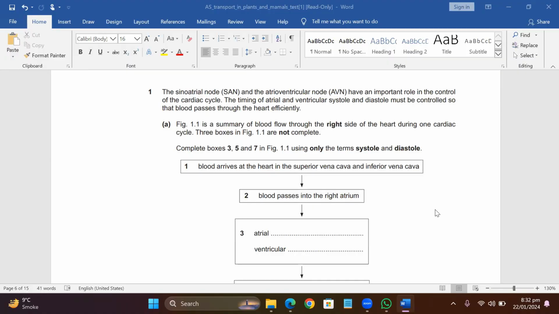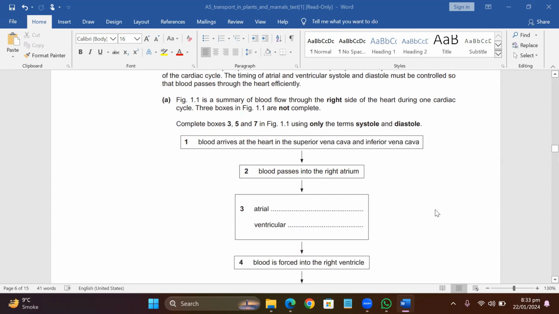Now today we are going to discuss these questions from the transport in plants and mammals. Question number one: the sinoatrial node, SA node, and the atrioventricular node have an important role in control of the cardiac cycle. The timing of atrial and ventricular systole and diastole must be controlled so that the blood passes through the heart efficiently. Figure 1.1 is a summary of the blood flow